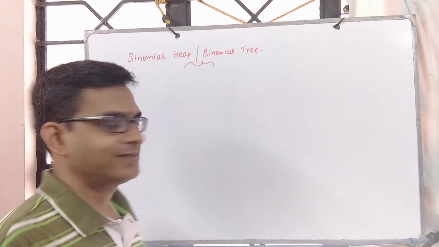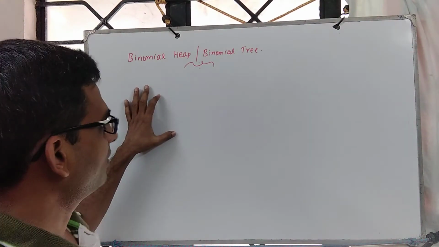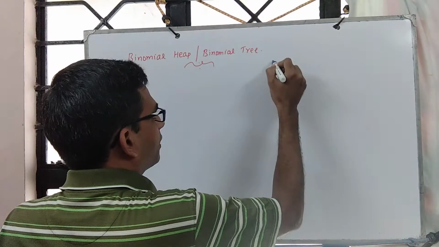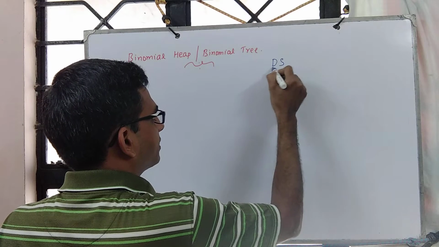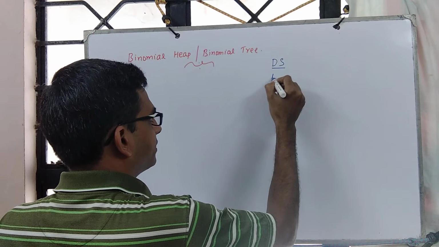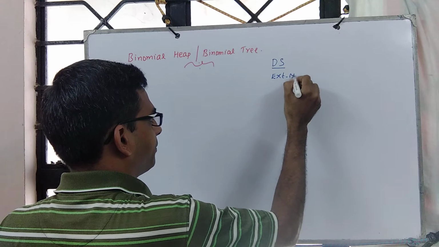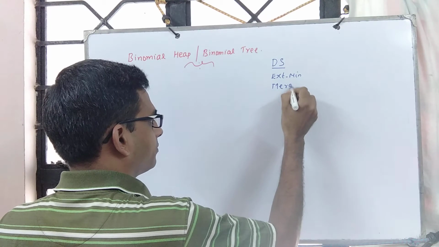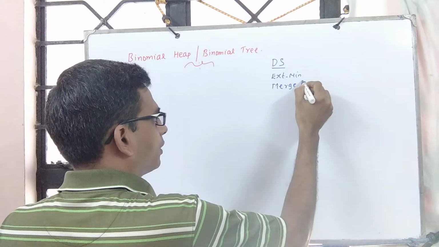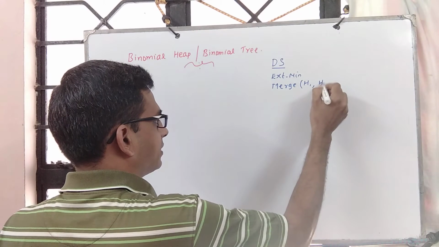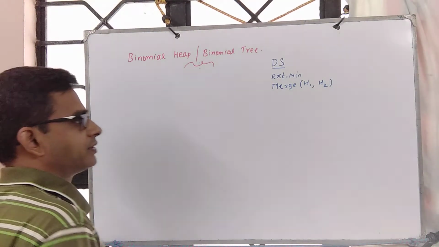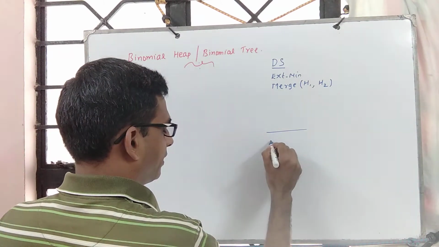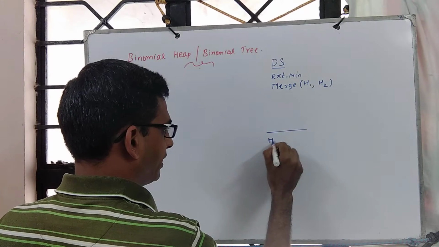Shall next discuss binomial heap, another variant. So the motivation is the following. The objective is to design a data structure supporting the operations, say extract minimum, and there is something called merge. So you are given two data structures, say H1 and H2, satisfying some property. For example, you are given two min heaps,